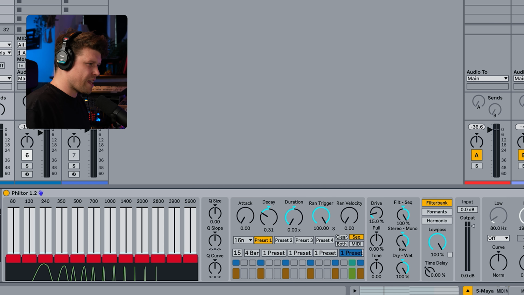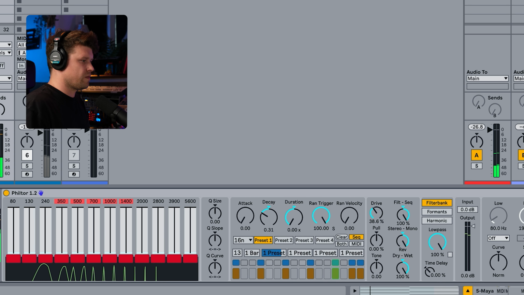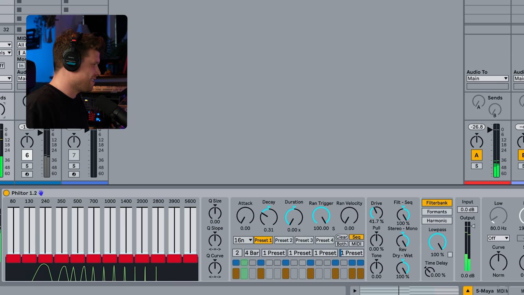Also, we can drive it here. We've got a bit of saturation we can add in to bring up the overall volume of those filtered steps. Such a cool sound. Now, if we bring in a bit of a delay,